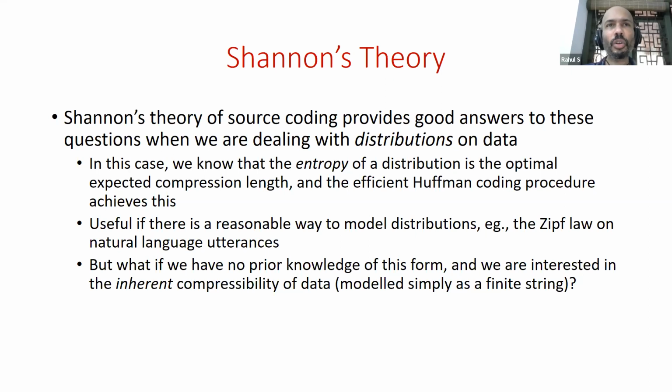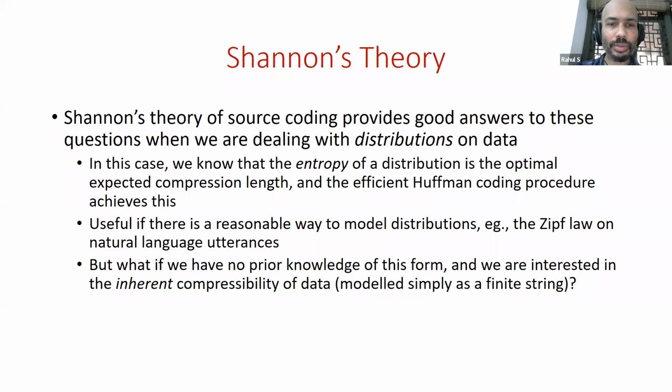And we're interested not in distributions of data, but in specific fixed data. And it's going to be modeled very, very simply as a finite string. Any finite amount of data you can encode as a binary string. I can assume without loss of generality that it's a binary string. And so the question will simply be, given a binary string, how much can we compress it? Does this question even make sense? And we see that there's a very natural way to make sense of this question, which leads to some fascinating further questions.